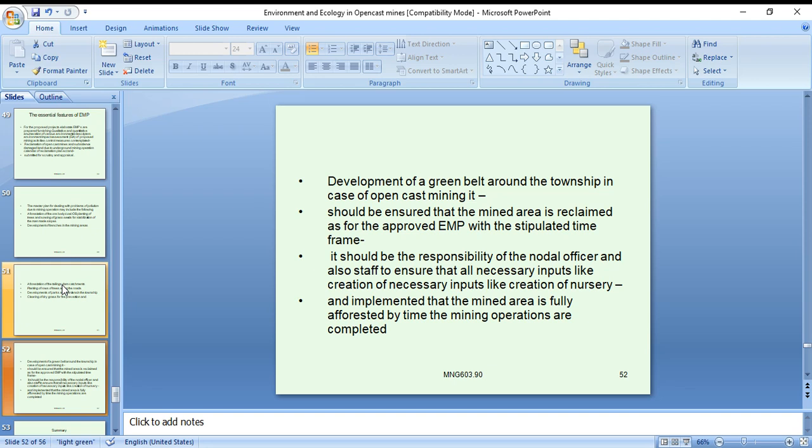In case of open cast mining, it should be ensured that the mined area is reclaimed as per the approved EMP within a stipulated time frame.